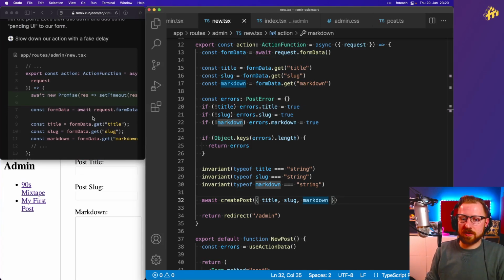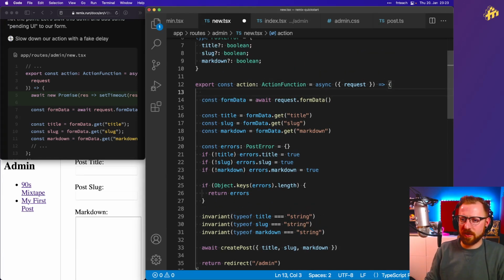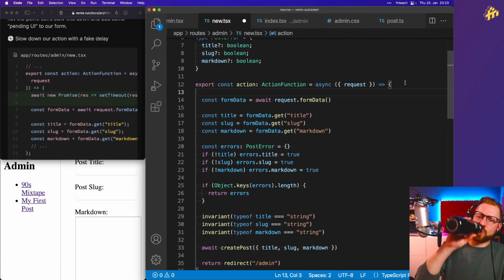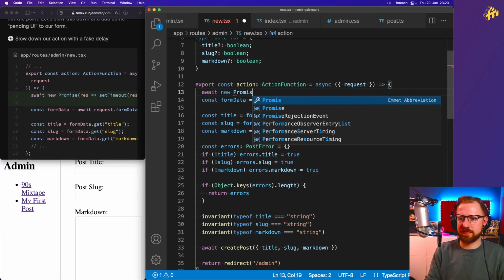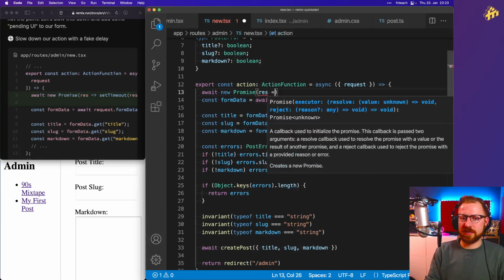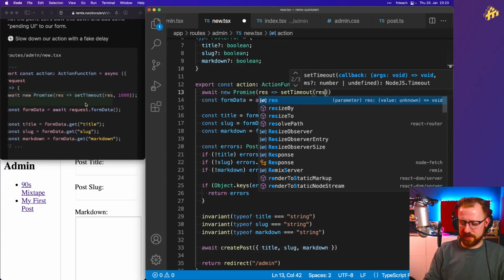Now to try out one more neat thing in here, we're gonna introduce an artificial delay. When we submit the form, remember this happens server side. On the server we submit the form, the server is gonna do something, and then we can react to it. This is all local, it doesn't do a lot. It's gonna happen very quickly. So let's pretend it doesn't. Let's await new Promise, res, setTimeout, with res,